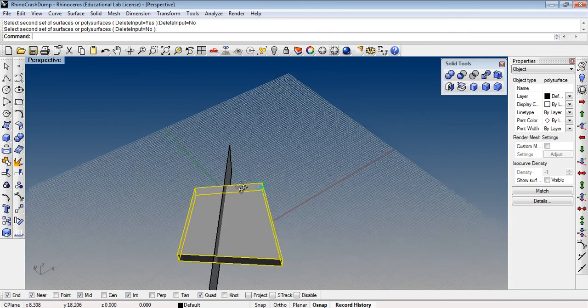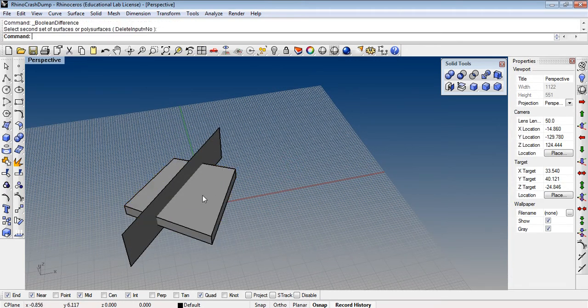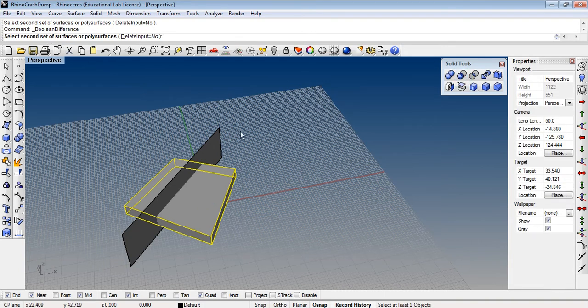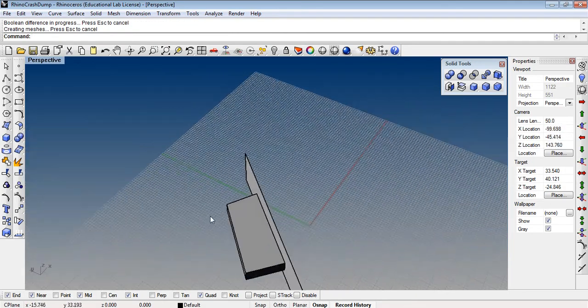I select it. Now I select the poly surface. This is called boolean difference. Enter. See,